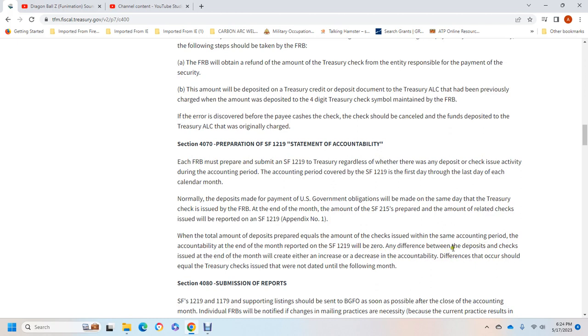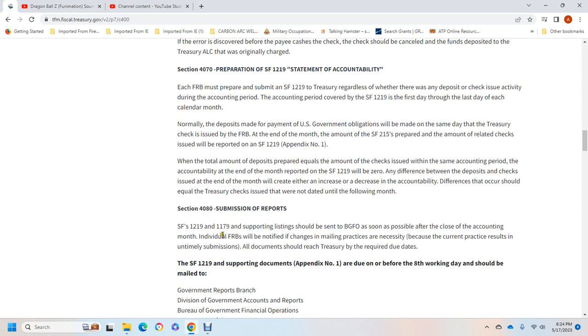Any difference between the deposits and the checks issued at the end of the month creates either an increase or a decrease of accountability, with the difference equal to the Treasury checks issued that were not dated with the following month. Section 4080, submission of the report: Standard Forms 1219 and 1179, with supporting listings, should be sent to the BGFO as soon as possible